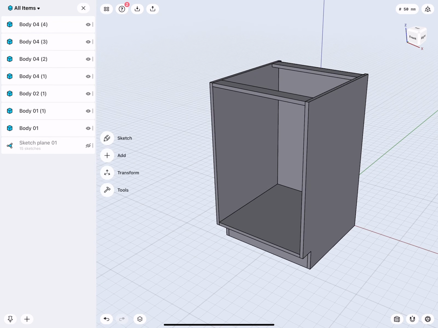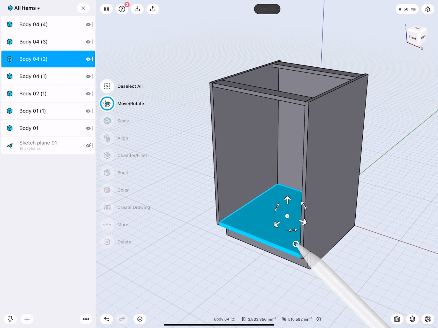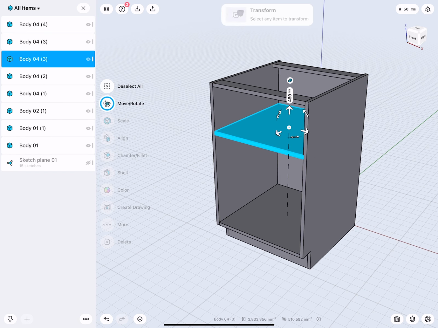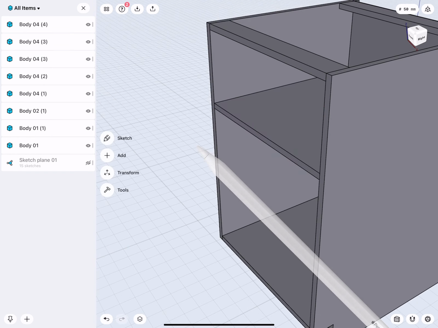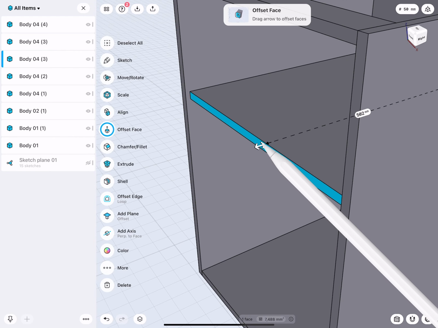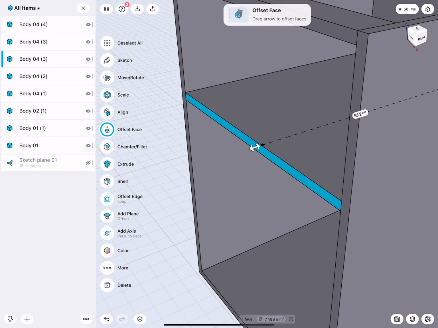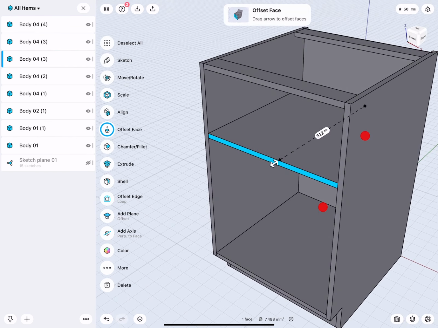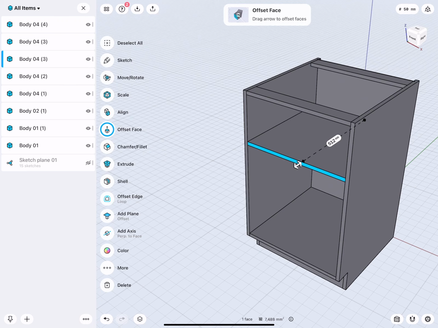Now we can create a drawer. And here's, for example, the shelf for it. We can keep it flush, or we can also move it further back. And we'll keep this flush. Okay, very nice.